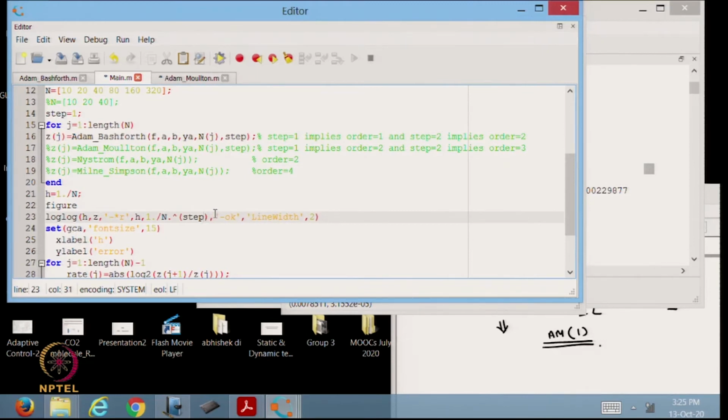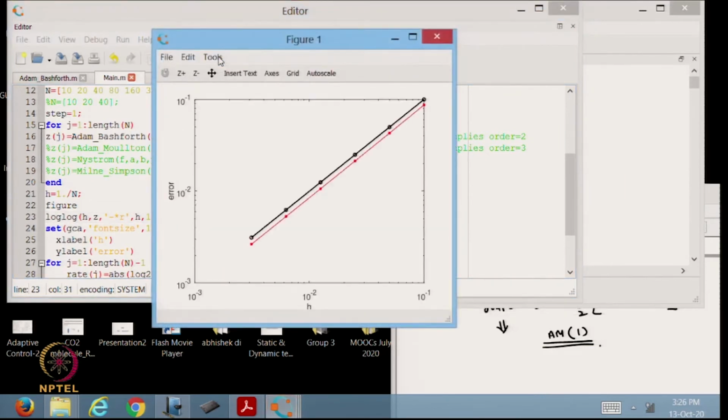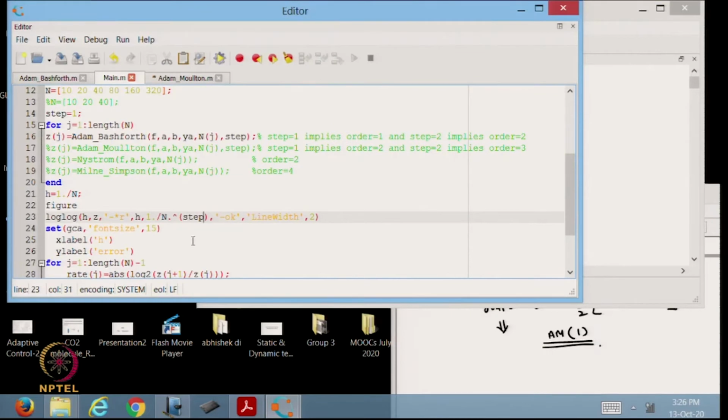Because if step is equal to 1, in case of Adams-Bashforth it is a first order method, so our line should be parallel to the line h, okay. That is what you can see, and in fact that is why here I have written step plus 1 when I was choosing